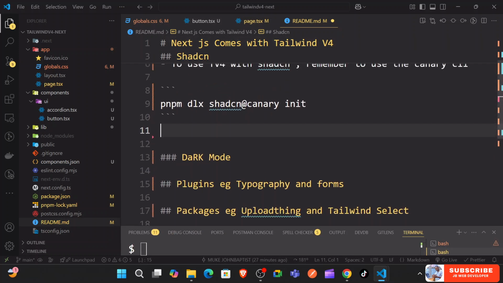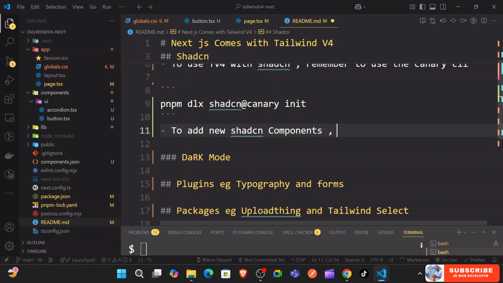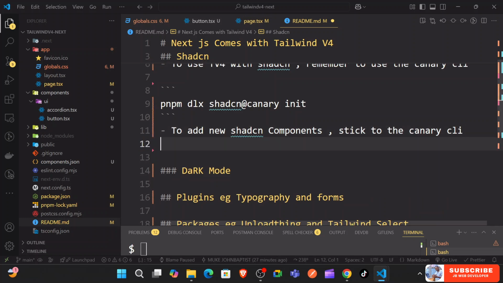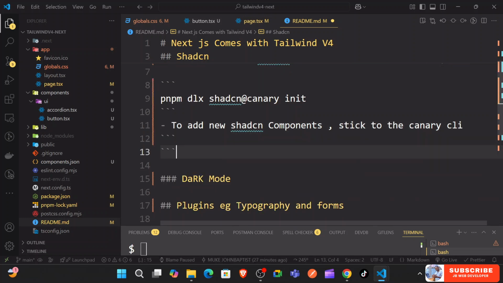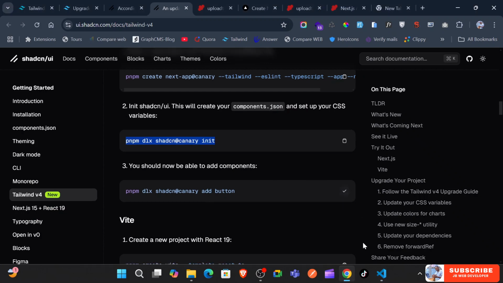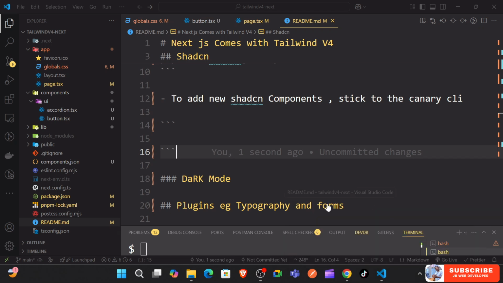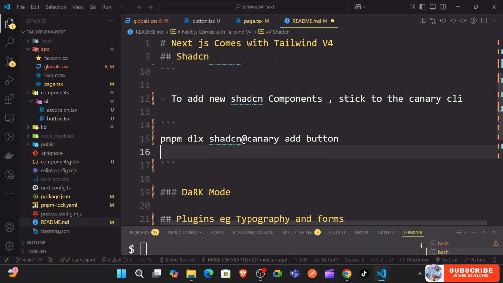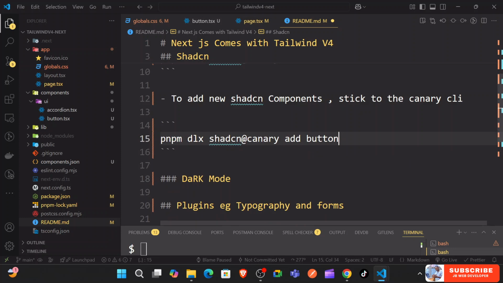So to add new Shadcn components, stick to the Canary CLI. So I'm also just going to go ahead and add for you an example here. They just added for us this. So this is what you're supposed to use, stick to this. Okay,